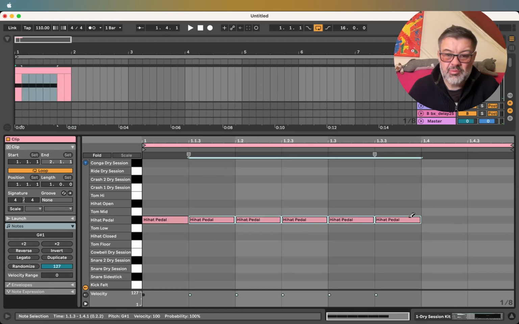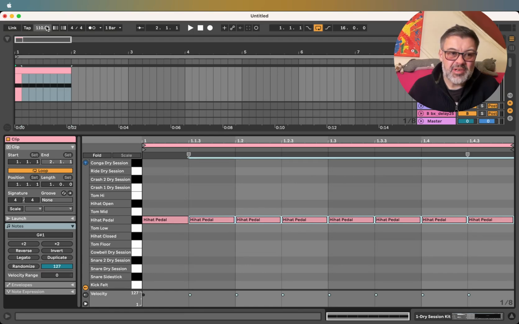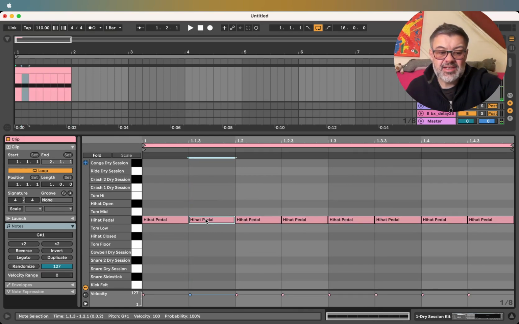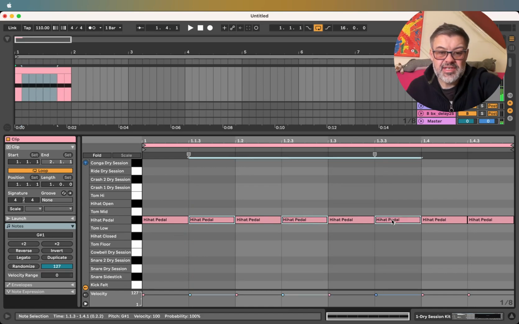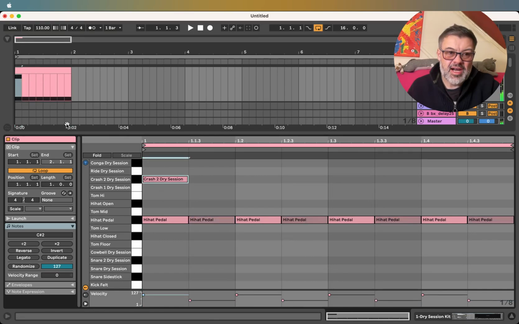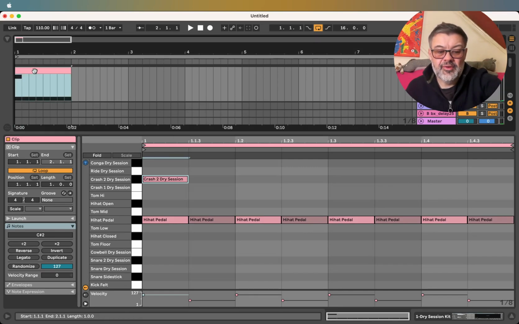And you can just pencil with B as your pencil, and you can just drag them in, draw them all in with the pencil. I've already set my tempo to be 110 beats per minute, which is kind of fast and slow. So now once I've drawn all of my hi-hats in, I'm going to go off my pencil tool, go back to my arrow by pressing B, and I'm going to select, holding down Shift, every second one. As long as I hold down Shift, it'll keep in a selection group, and then I can turn them down, and that'll give me a little bit of hi-hat accenting, and then I can hear my crash. All right, so if we listen,